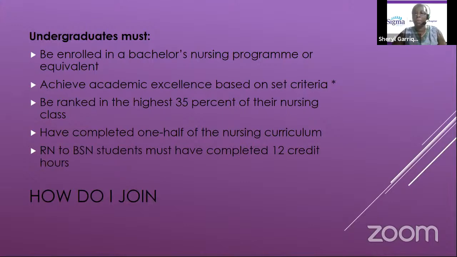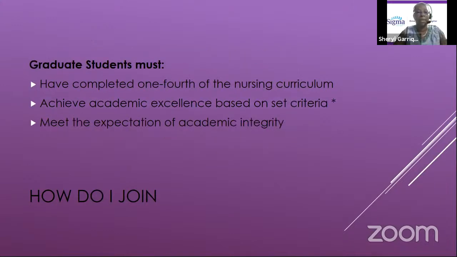We want you to be in the top 35% of your class, and you should have completed at least half of the program. However, if you're an RN who is transitioning to your BSN, then we want you to have completed at least 12 credits. And if you're a graduate student, we expect you to have completed a quarter of your curriculum, also to have achieved academic excellence